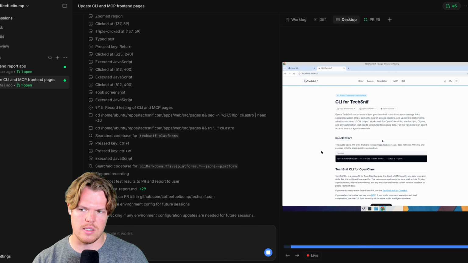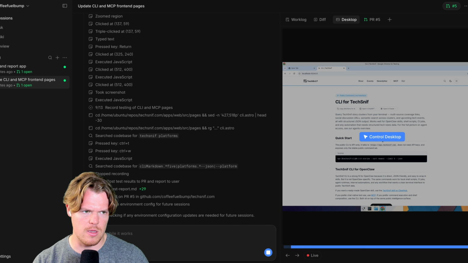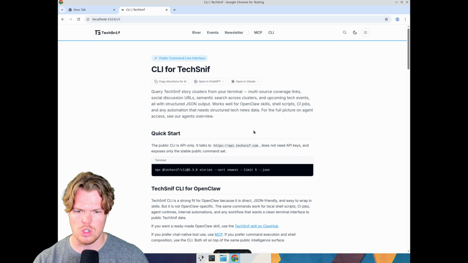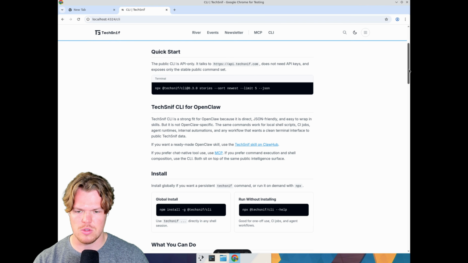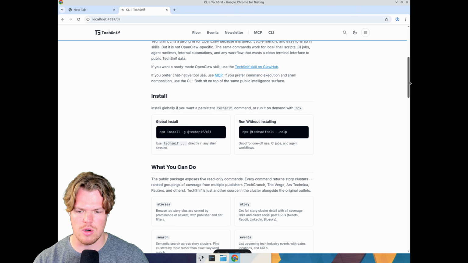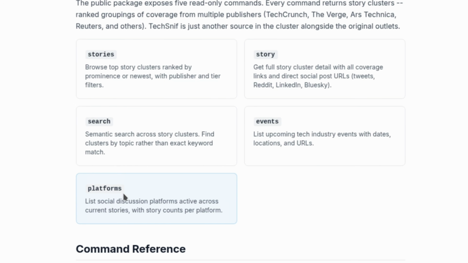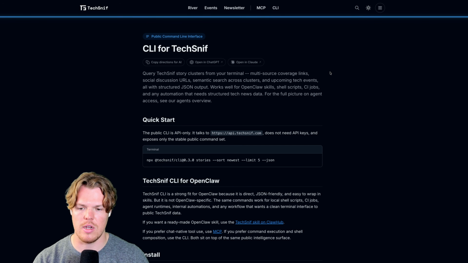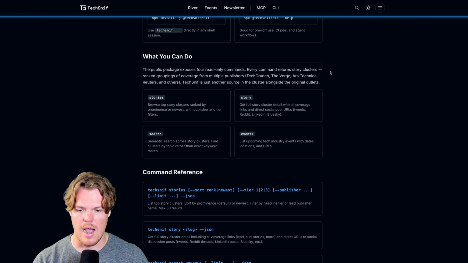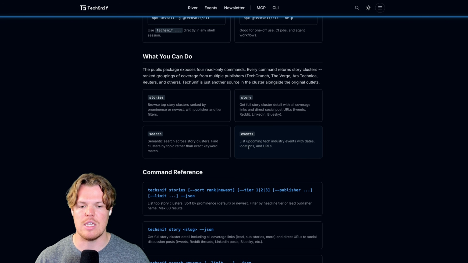Now, while that is testing the new leaderboard page, I can come back to the MCP and CLI update we did here. I can control this desktop and look at it myself. So just so you can see clearly what occurred here, if I come down here to what you can do, one of the new sections I noticed is the platforms, as you can see right there. So if I come over to the same exact page here in production, I scroll down, I don't have this section yet. And then obviously there's more sections to show, but the point being is that you can actually see